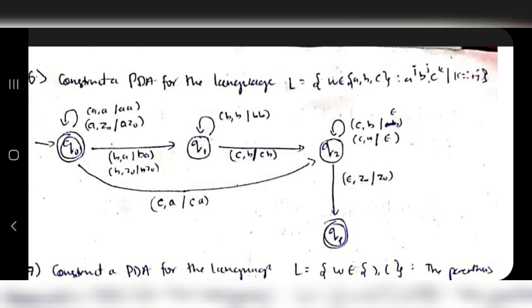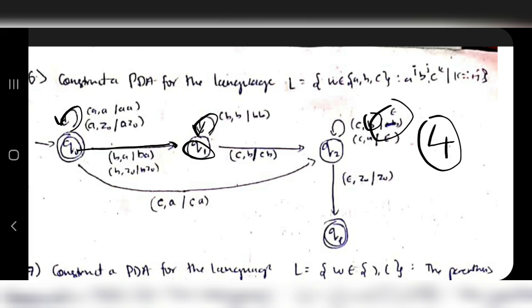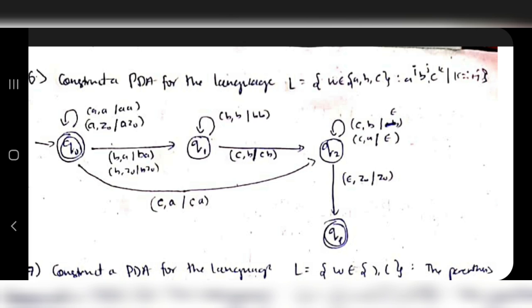But if A is there, first I will accept n number of A's, then for B I will be going to Q1, where I will accept n number of B's. Now this combination should be equal to the number of C's, right? So whenever I encounter a C, I will be popping an A or a B. In that way, if there are 4 C's, with 2 A's and 2 B's, then 4 times C should be popped, right? So I'll have a self loop here for popping 4 times. And after that, if everything is over, we'll be using an empty string to reach the final state. In the other case, if I have no string here, just C, that means I'll be reaching directly to the final state.